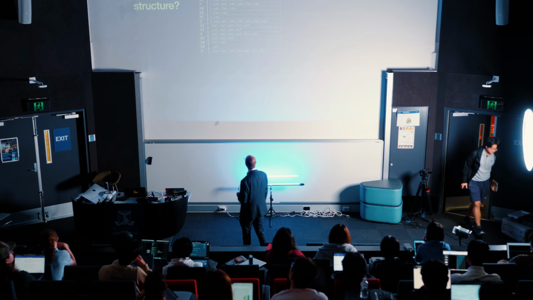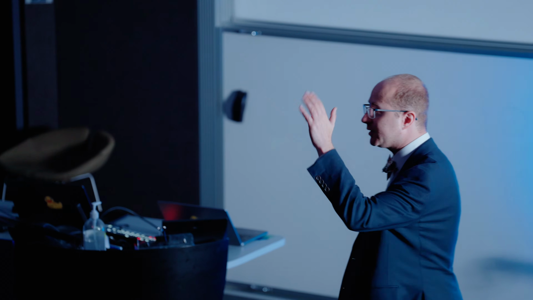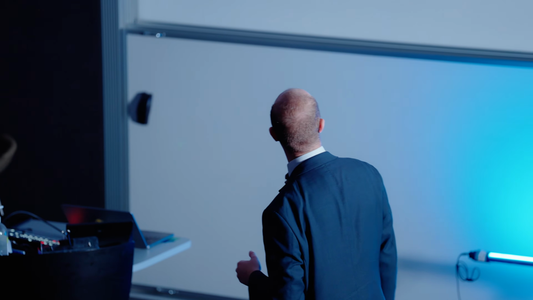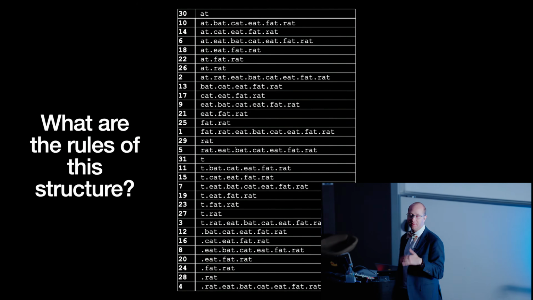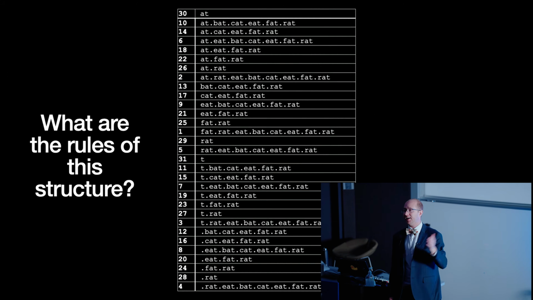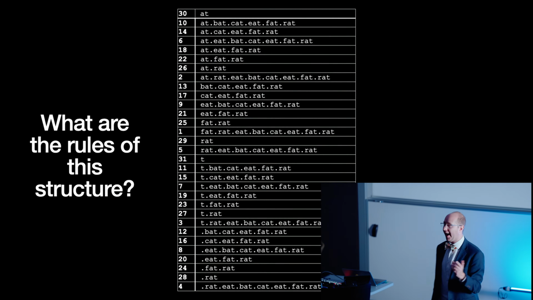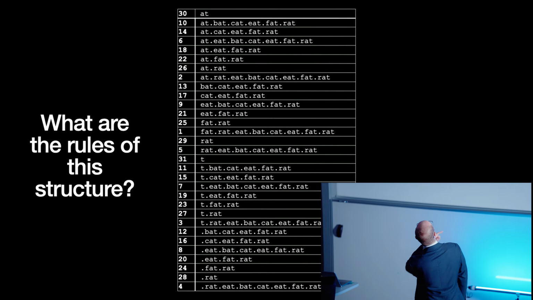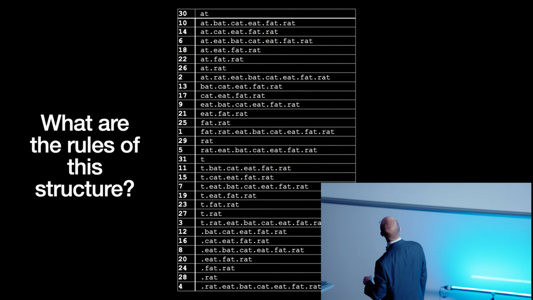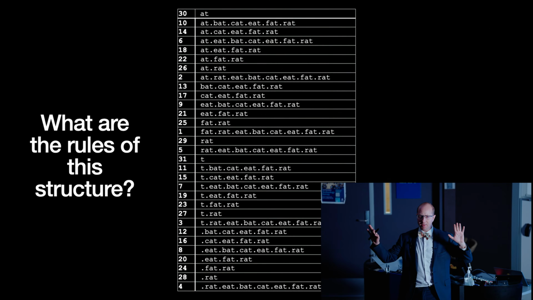But for now, you'll see things are in lexicographically sorted order, where the string at the very top is the first, like A, and then the one at the bottom is Z. But in this case, because we have a symbol, I'm going to put symbols after Z in my lexicographic order. So at the top, I have at dot, then at dot bat dot cat dot, and then at dot cat dot eat, etc., etc.